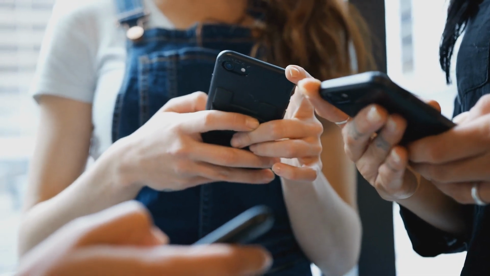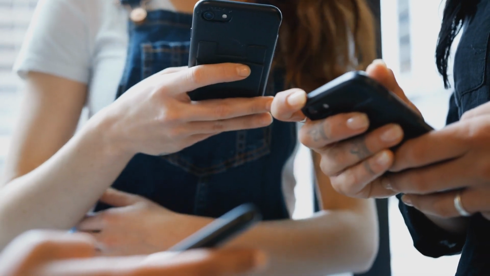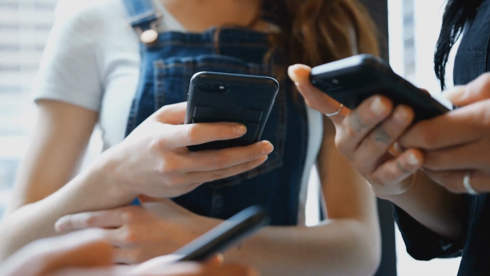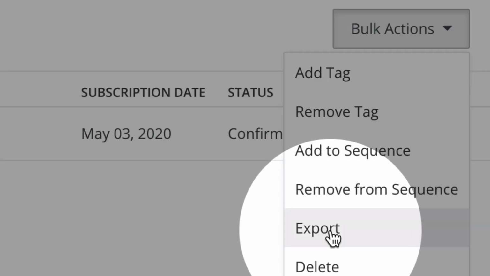So that's the power of having an email list. It may not relate to you in terms of PayPal or payment solutions, but let's say you are building on social media or all on Instagram or all on TikTok. If you lose all those followers, your business is gone for good. And what you need to take into account is not to put all your eggs in one basket. With email marketing platforms, you can back up your list and export it as a spreadsheet. So that's where you can then save that, and then you can always import it to a new service if you do wish to do so.